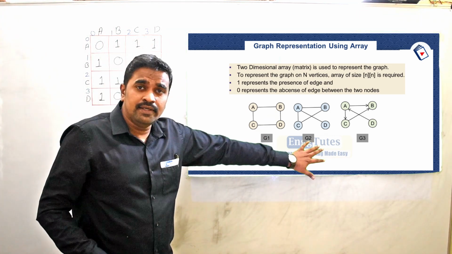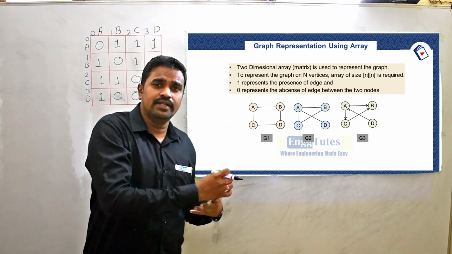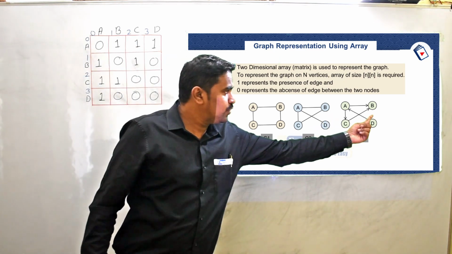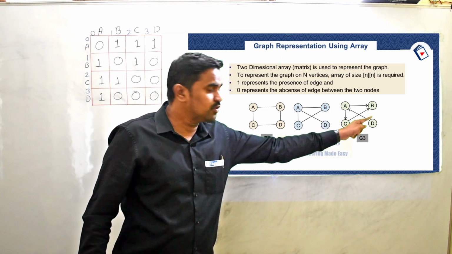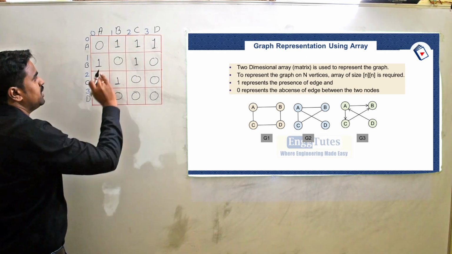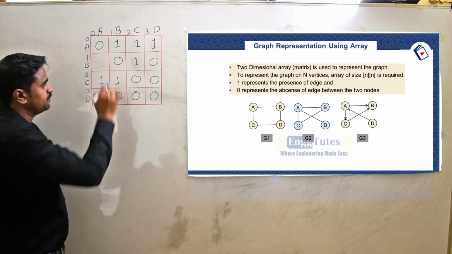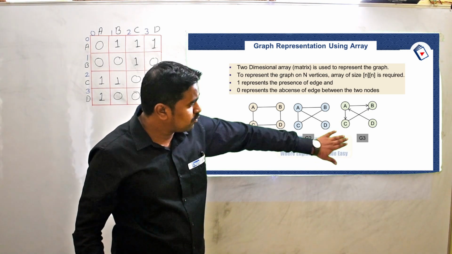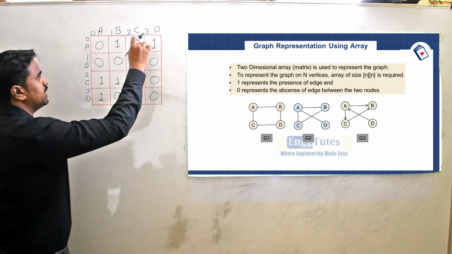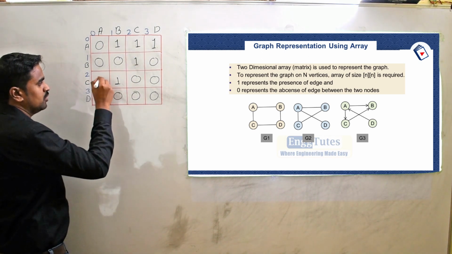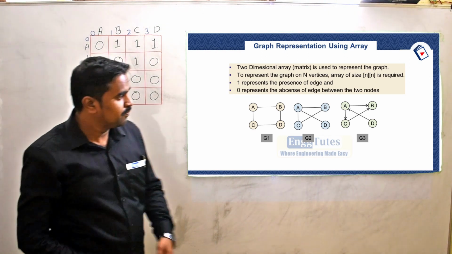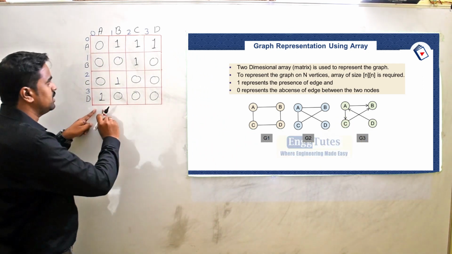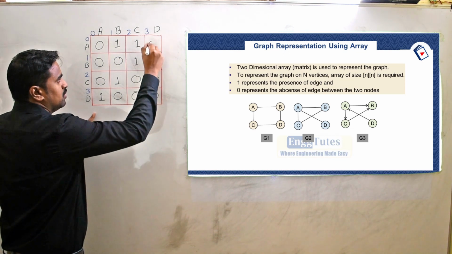of an undirected graph. If my graph is a directed one, for example, A to B, there is an edge, but is there an edge from B to A? No, there is only an edge from A to B. So A to B there is an edge, there is no edge from B to A. ठीक है? Then again A to C there is an edge. Is there an edge from C to A? No. So A to C there is an edge, but C to A there is no edge, which is represented by 0. Then A to D there is no edge, but there is an edge from D to A. So D to A there is an edge, A to D there is no edge.